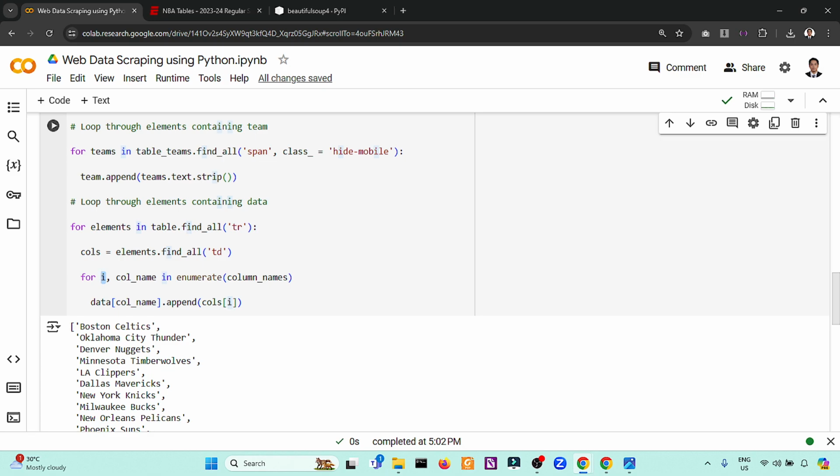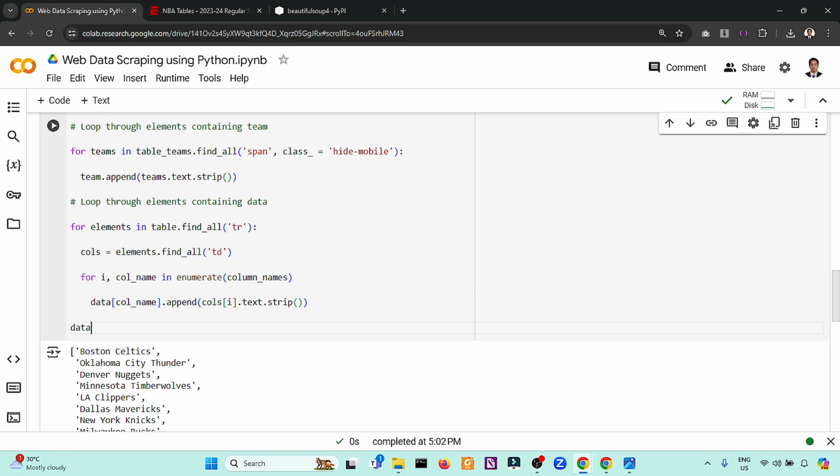If it's index 0, 1, 2, 3, we will also use the text strip property in order to find the specific statistics of the team. So this column strip.